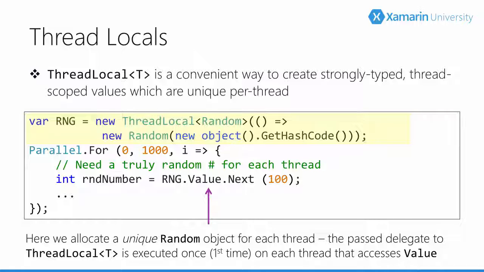The very first time a thread touches the thread local, it will allocate the random object for us. Subsequent references to that particular value will return the random that was allocated for the thread. And so the value gets cached off. We'll go ahead and get a value. We'll do a Next for 100. That gives us a random number. We'll use it in the context of this body. Now,